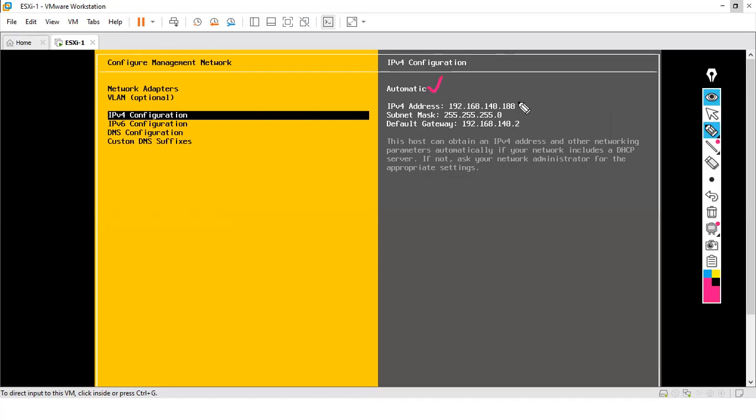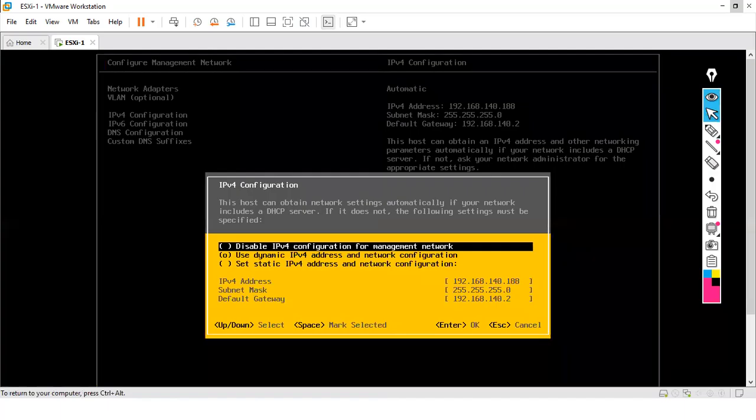Automatically means it is configured by DHCP. And the IP address is 192.168.140.188. Subnet mask is 255.255.255.0. And the default gateway is 192.168.140.2. So all this information is configured automatically. If you want to change the IP address, you will press enter here and you will get